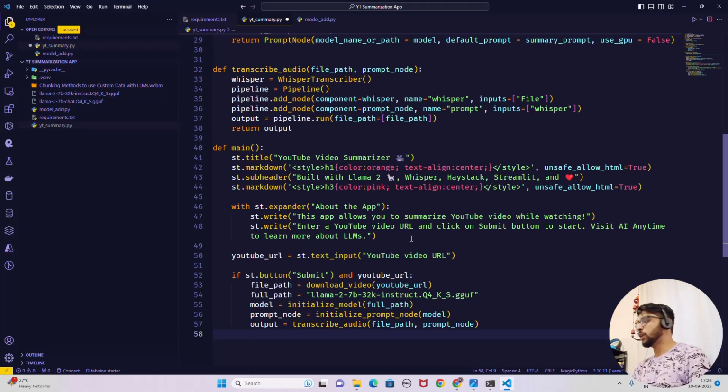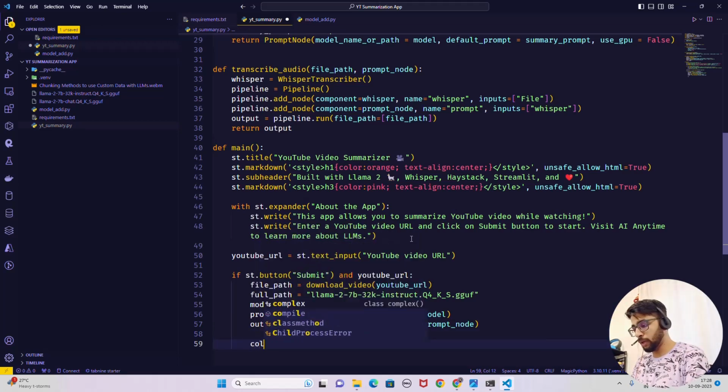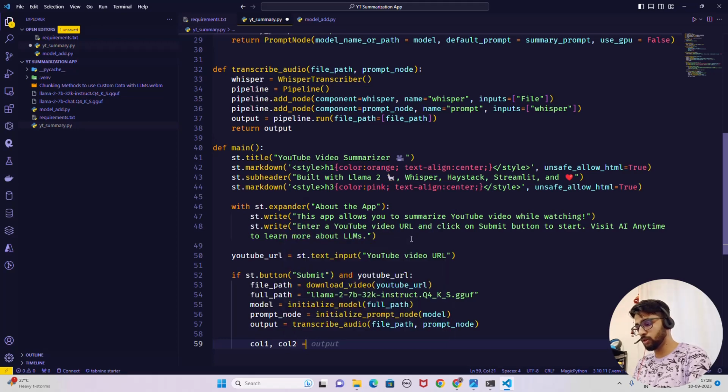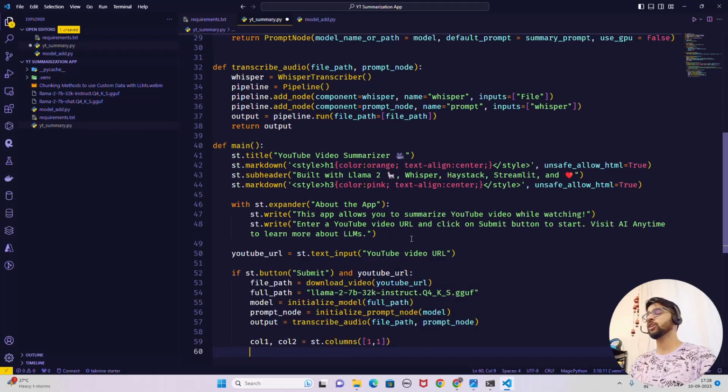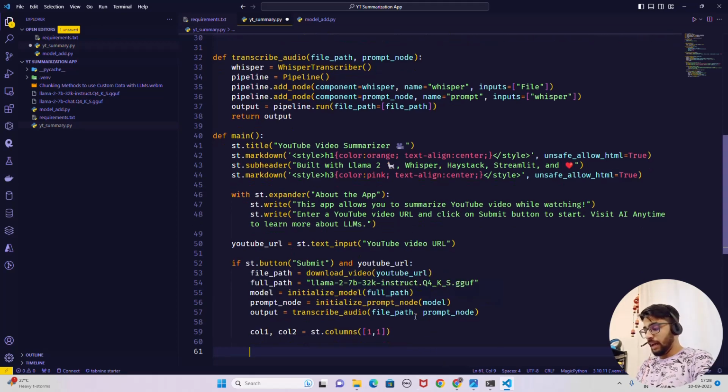And now I'm going to call a couple of columns. So column 1, column 2, st.columns. I'm going to give equal distribution to both the columns. You can do it one by one inside a list, or you can also do st.columns(2). It depends on what you want to do. And now with column 1, so inside column 1,